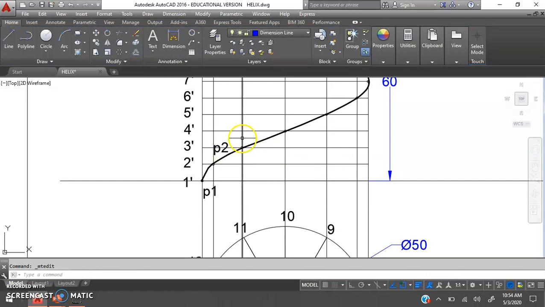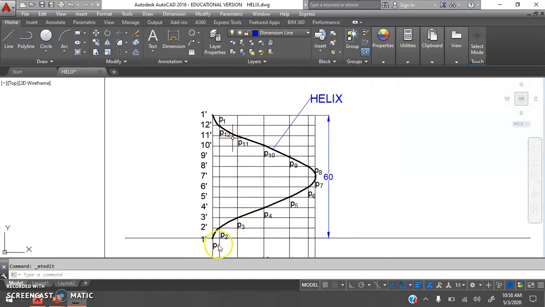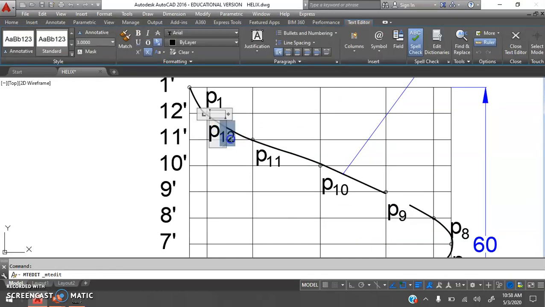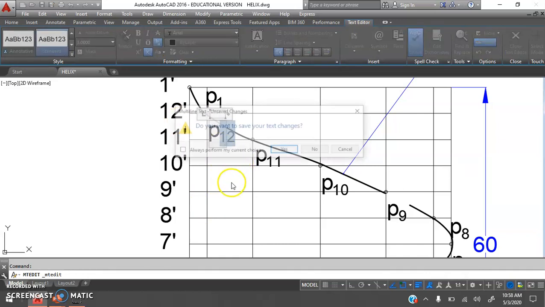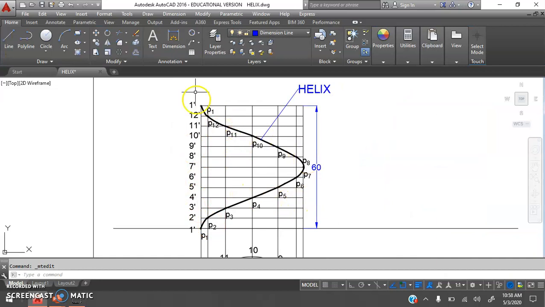You have to name the third point, fourth, and so on. So you have to give naming to each and every point, P1, P2 up to point P12. And while giving naming, you have to take care of the box suffix. Yes, I want to change. So here we have named the curve.